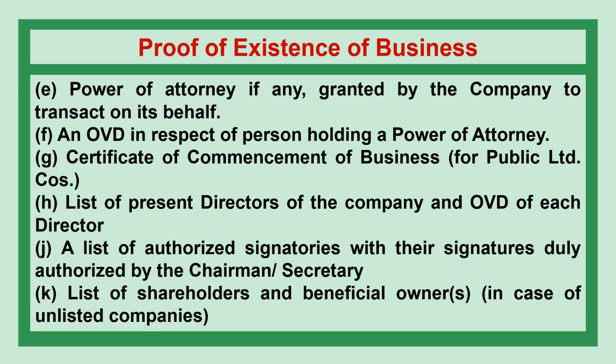power of attorney, if any, granted by the company to transact on its behalf, an OVD in respect of the person holding a power of attorney, certificate of commencement of business for public limited companies, list of present directors of the company and OVD of each director, a list of authorized signatories with the signatures duly authorized by the chairman or secretary, list of shareholders and beneficial owners in case of unlisted companies,